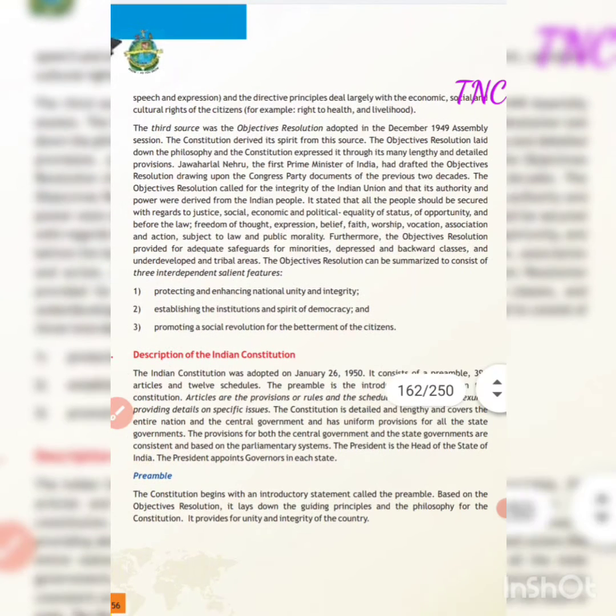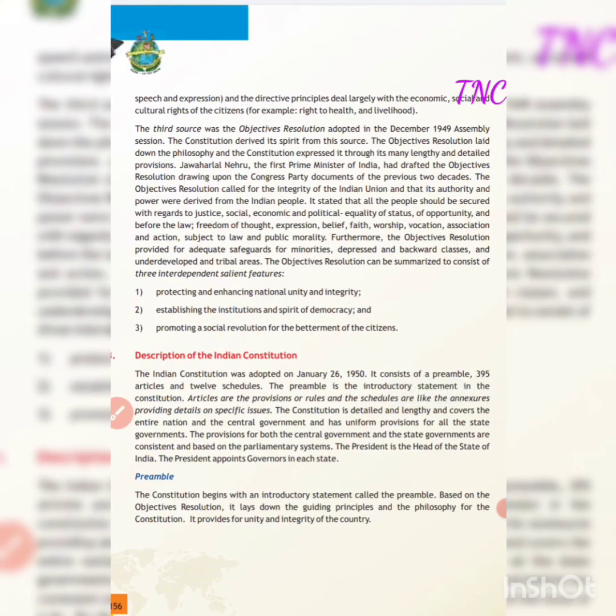And it also stated that people must be given protection or security of justice, that everybody will be provided equal justice, social, political, economic equality will be there, of status, everybody will be considered equal as per the status, no differentiation would be done, no classes will be divided among the society as it was done